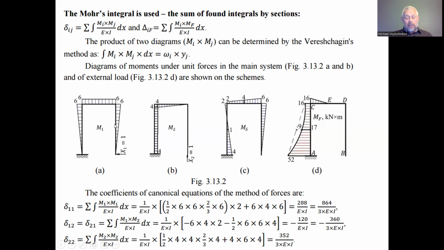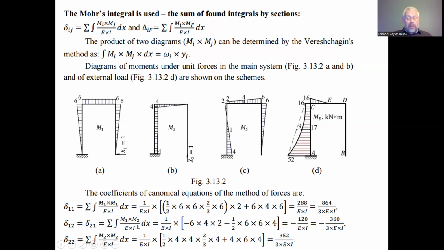I mean the rigidity characteristics of the transverse section. And the second factor in the canonical equations of the force method is finding the displacements delta 1,2 and delta 2,1. These two displacements are reciprocal, so they have to be equal. And we can find them as the sum over each of the elements of the mechanical system,